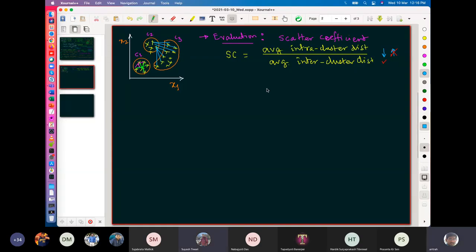So that will be computationally inefficient. So can we do it like this? Like for cluster C2, we will find the centermost point, the centroid. Wait, I'm coming. I'm not saying it is computationally good or bad. I'm saying this is a measure that people use. I haven't started computation yet. So by definition, scatter coefficient is this.